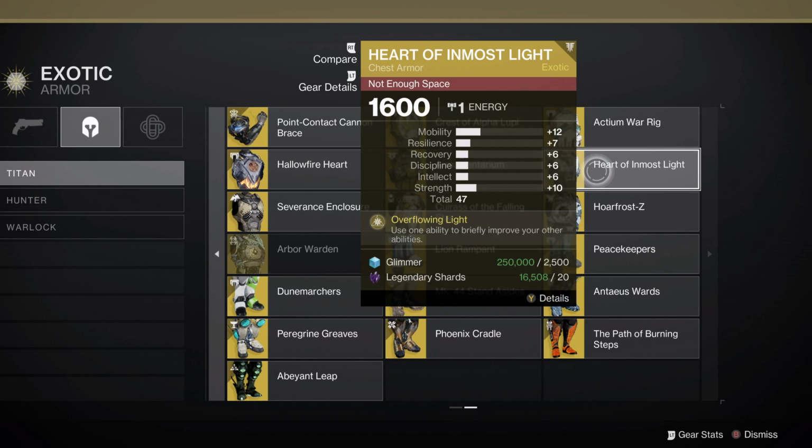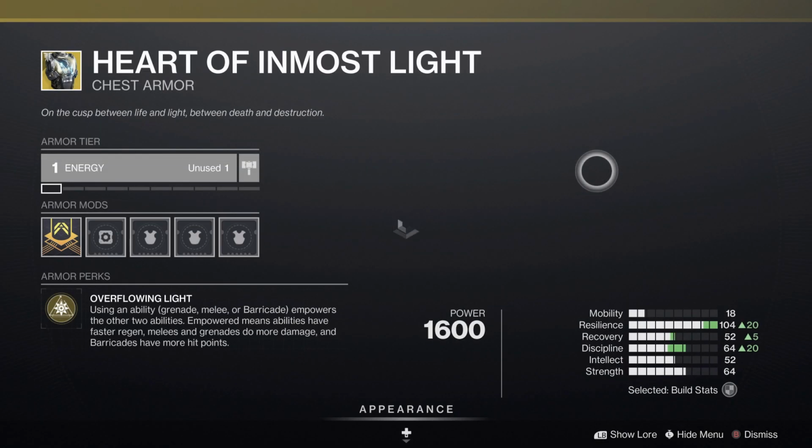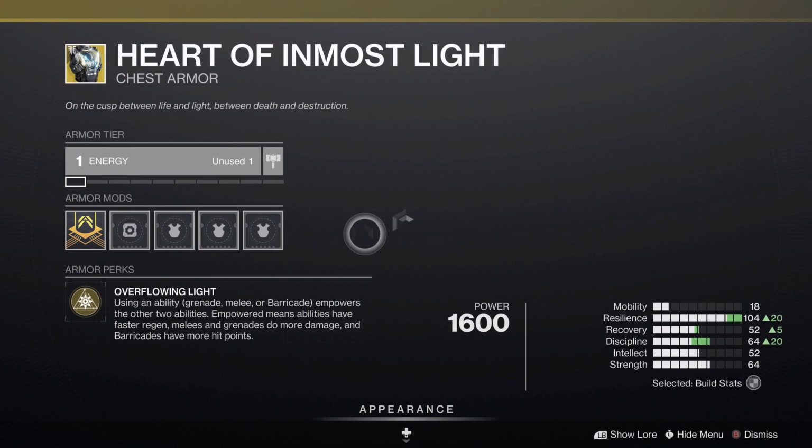But one that I would wholeheartedly say go for is Heart of Inmost Light. Now, basically, for all Titan abilities, if you use one ability, the other 2 will get boosted recharge in addition to either boosted damage or higher health barricades. And this is very much cascading in that you can use your grenade, hit something with your melee, and then use your barricade, and all of your abilities have a boosted buff